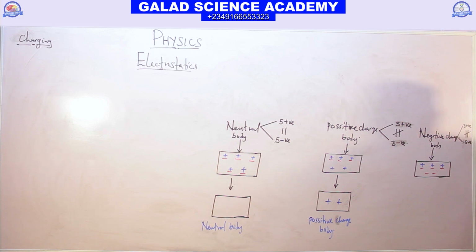If we are going to draw this, in the normal sense, we will draw it in this form. The number of negative charges here is more than positive charges. So this cancels this, this, and this. We are left with 2, which means 2 negative charges. So this body, what are we going to call it? We call it a negative